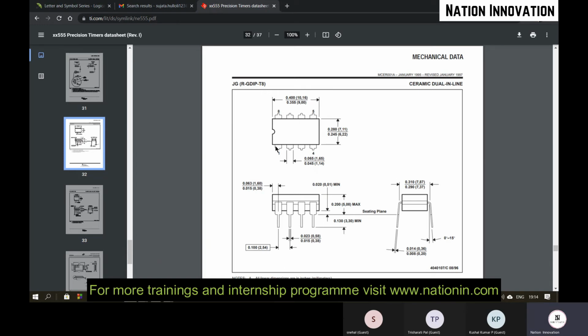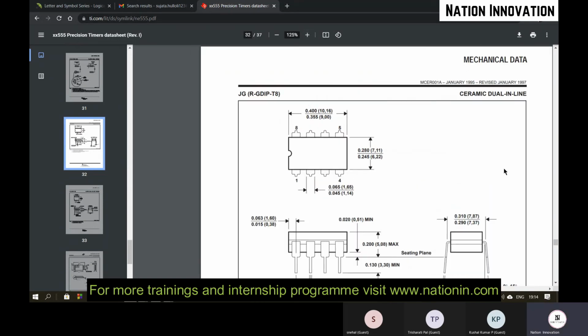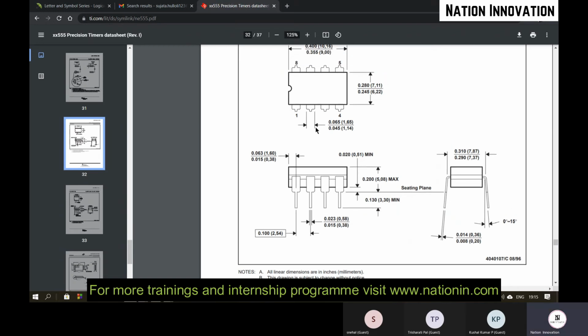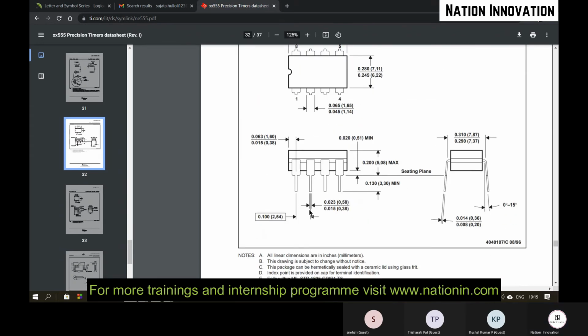Firstly, we will design this rectangle here. Before that, let me place these holes. The minimum distance is... increase its size. They have even shown what the radius of that hole will be and all.